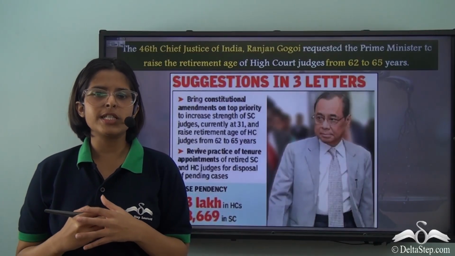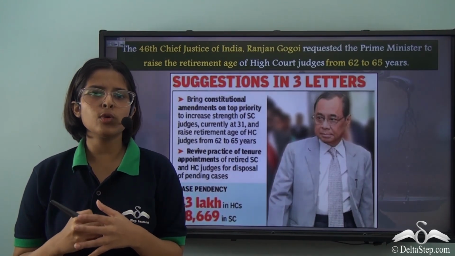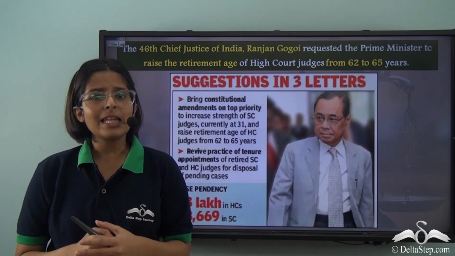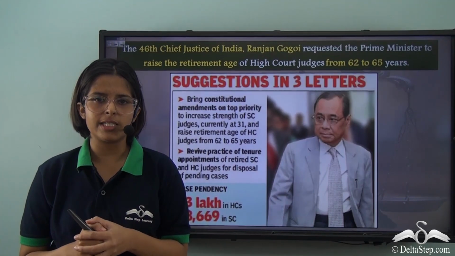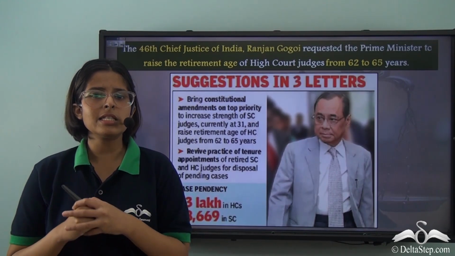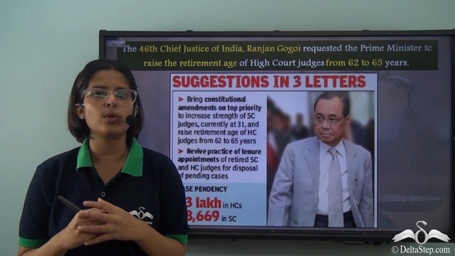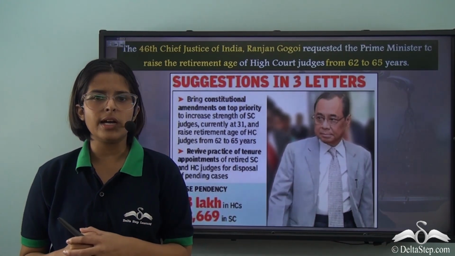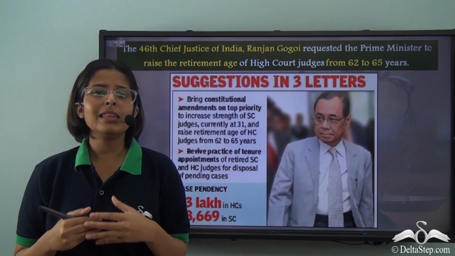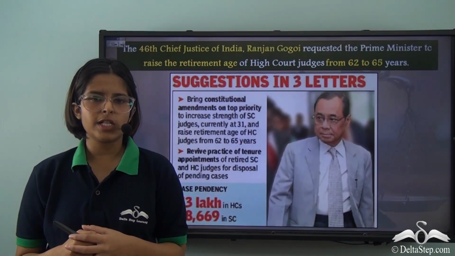There also has been a lot of discussion regarding increasing the age of retirement of the High Court judges and matching it with the retirement age of the Supreme Court judges of 65 years. It is said that that will be beneficial for the judicial system. Why is that so? It's because there are a lot of pending cases in the Indian courts. As of July 2021, there are 4.5 crore cases that are pending in the courts of India. So if we increase the retirement age of the High Court judges, then they will be able to stay for longer and therefore administer justice for a longer period of time.